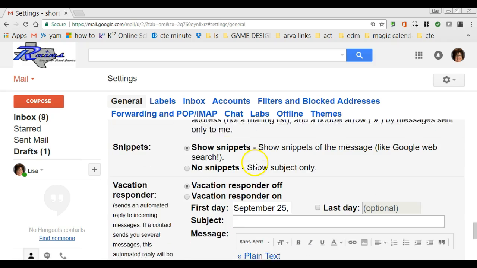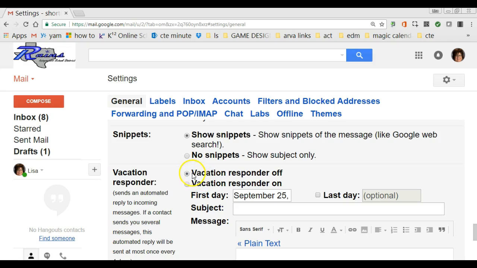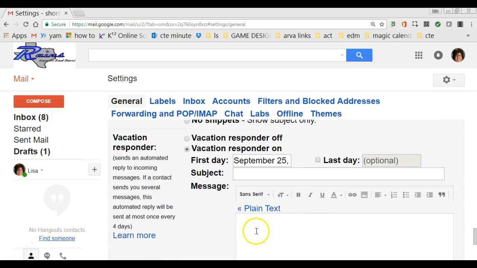Okay, so another thing that you would like to do here is on the vacation. If I want the vacation on, then I'm going to choose the first day and the last day. I'm going to put a note because this is going to be the email that's going to be sent to everyone that receives this when you're not there. So let's say you're going to be, some people do it if they're sick one day. It's that easy. You go in, you choose it,